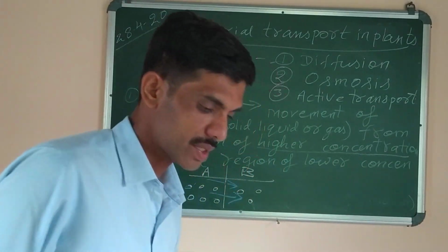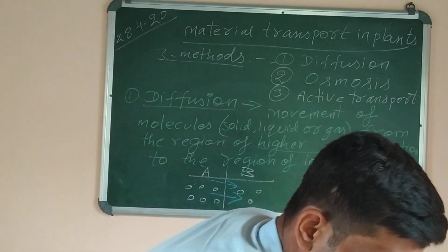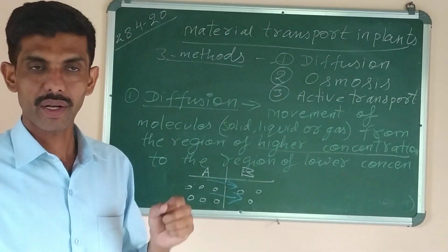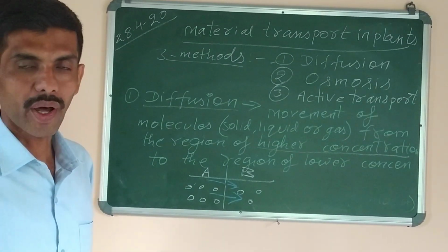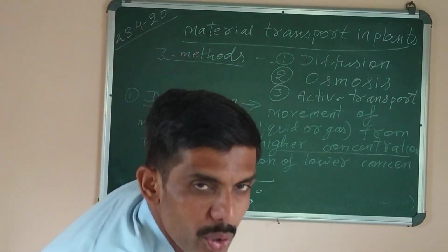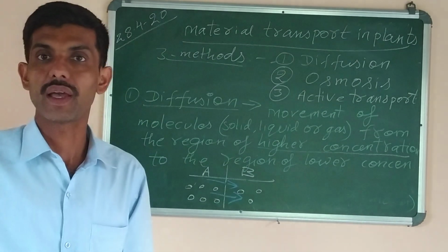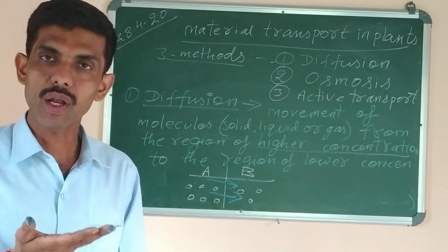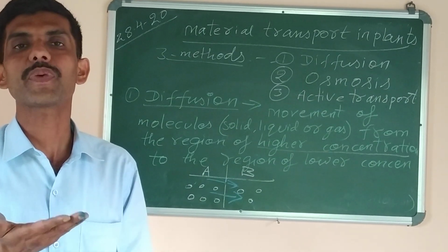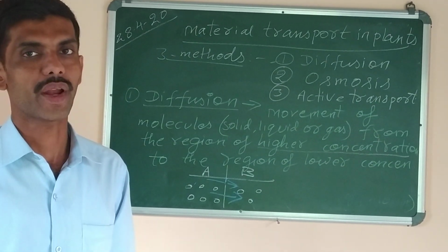Okay. Now let's come back to the next topic. Some examples of diffusion which I will give you in your daily life. Number 1, you have seen the leaves. The leaves contain tiny pores which are known as stomata. It is present on the lower surface as well as upper surface. But the lower surface of the leaves contains more stomata.